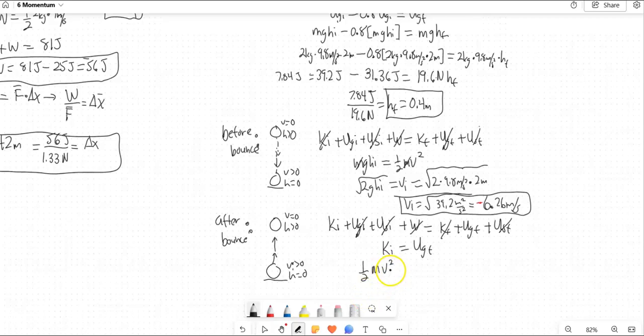Well, right after leaving the ground, that's equal to the maximum height it gets to, which is going to be mgh. And we know h up here, which is 0.4. The masses are going to cancel out,